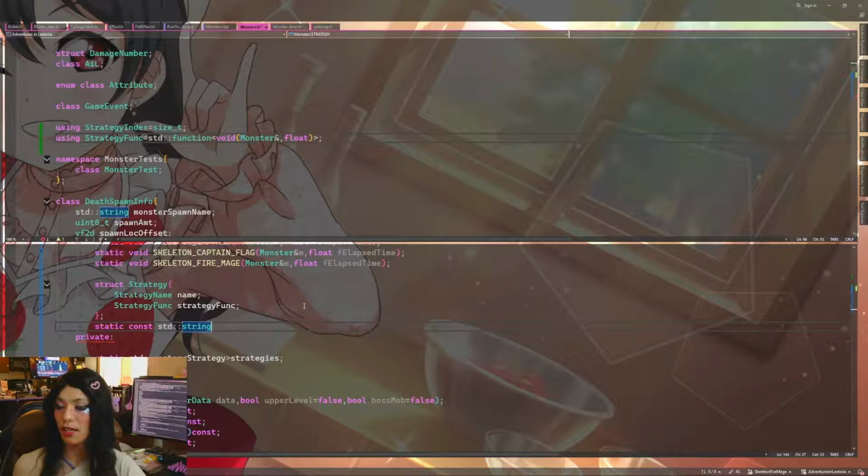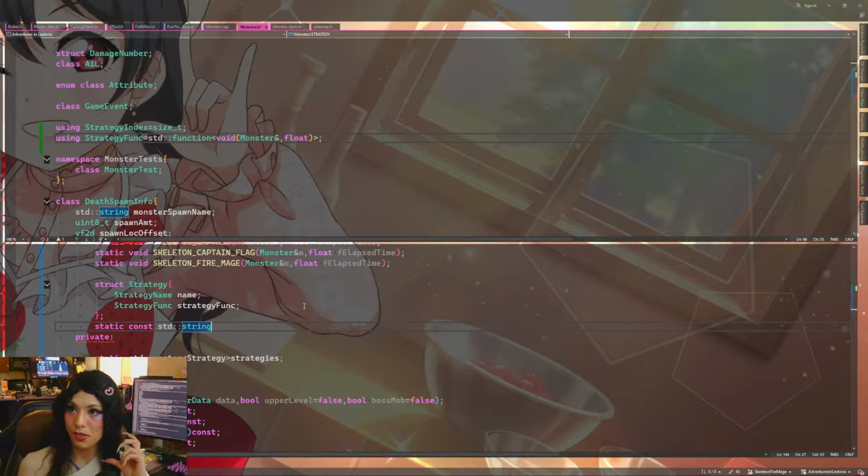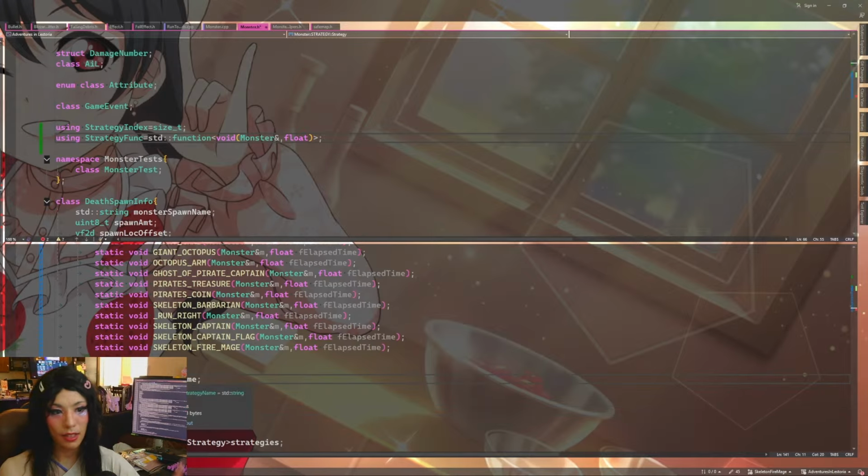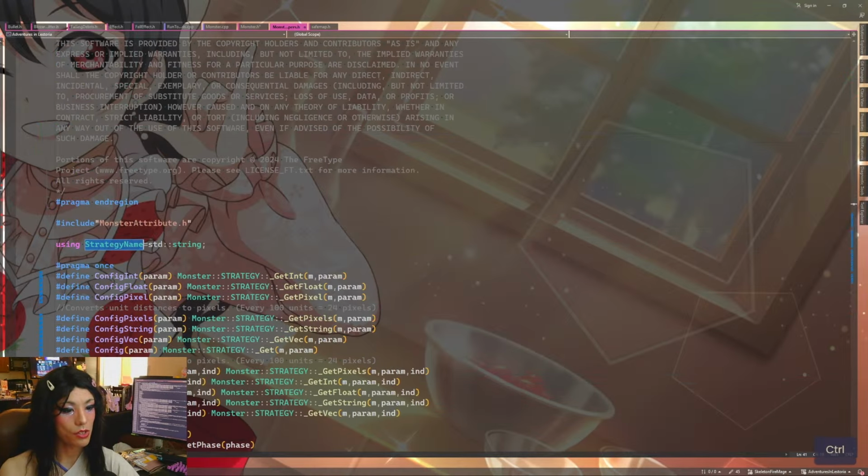Do we need any conversions? When do we use the strategy name? We use it in a couple places to compare. Why are we comparing? We're comparing with strings, and string view comparisons and string comparisons are free. So my thinking right now is going towards turning strategy name into a string view